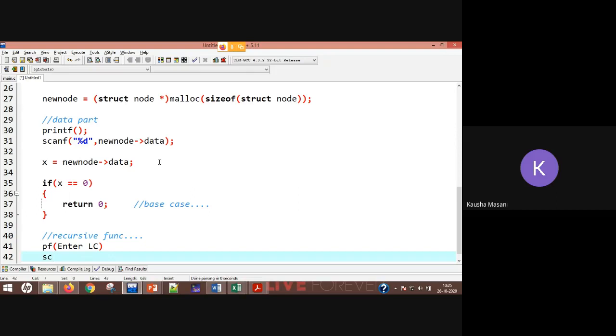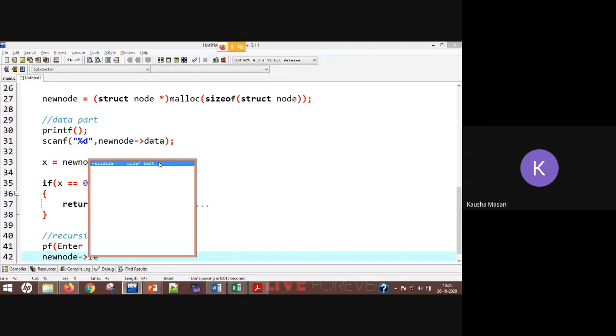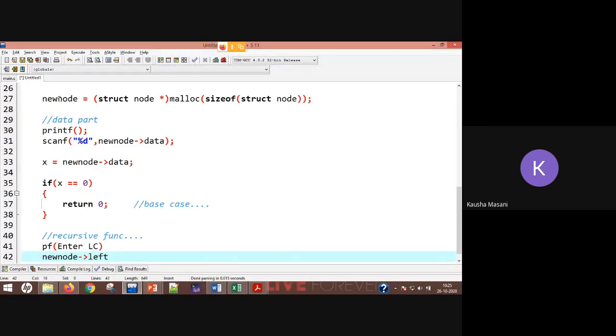And instead of your scanf here, you are going to access the new node's left pointer, and there you are going to again call your create function.